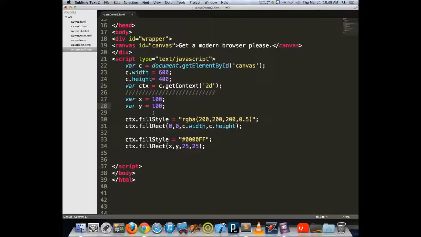I want them to change on a regular and consistent basis, like the tick of a clock, the frames of a movie. So if we think in terms of frame rate, if we think in terms of time, that's what we're going to be doing. And a very common method for doing it is to access the internal timer object that JavaScript has, which we can use through set timeout or through set interval. For today's example, I will use set interval. And if you look at different examples, you'll find that there are different references of using set interval or using set timeout. There's a new technique that's emerged called